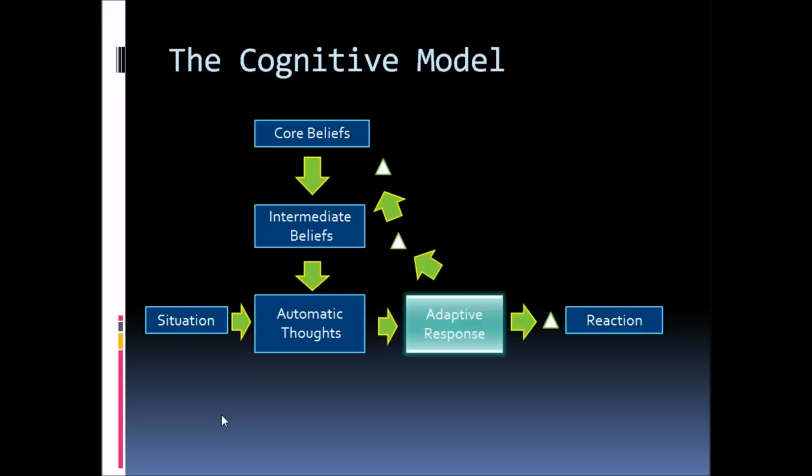And what this does is it stops the automatic thoughts from occurring. So, as I discussed before, there's no real way to directly stop automatic thoughts, but there is a way to stop them. And it's this indirect method where the client's consciously thinking a pre-planned thought, an adaptive response, and applying it in